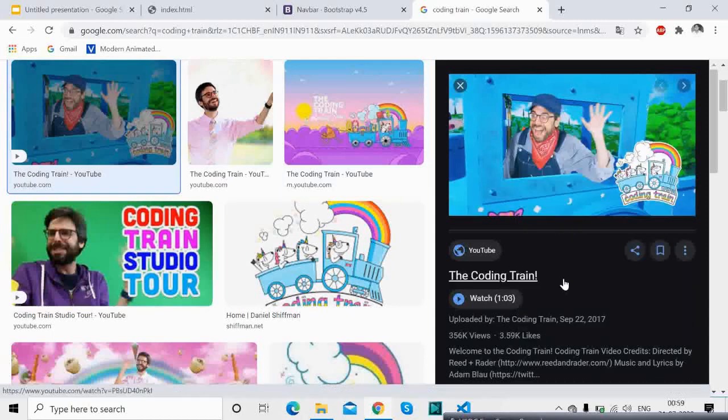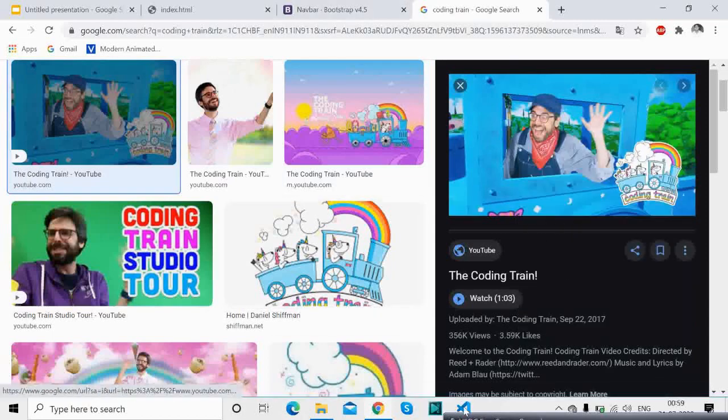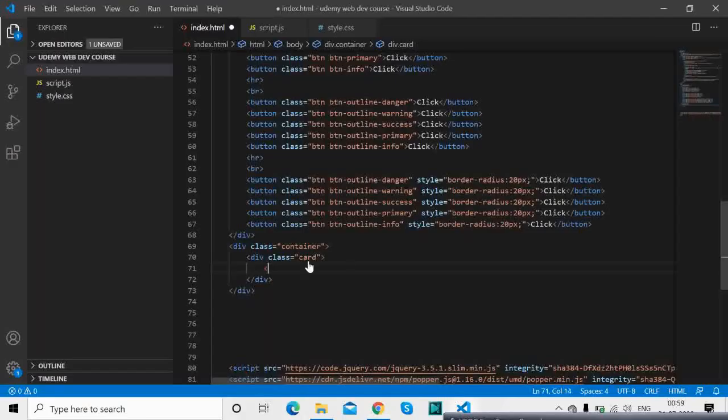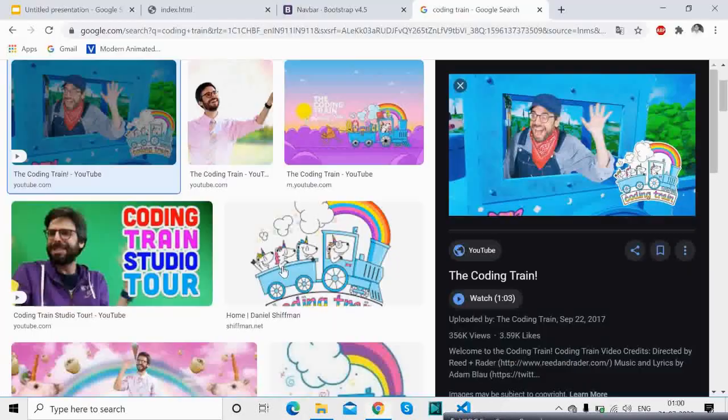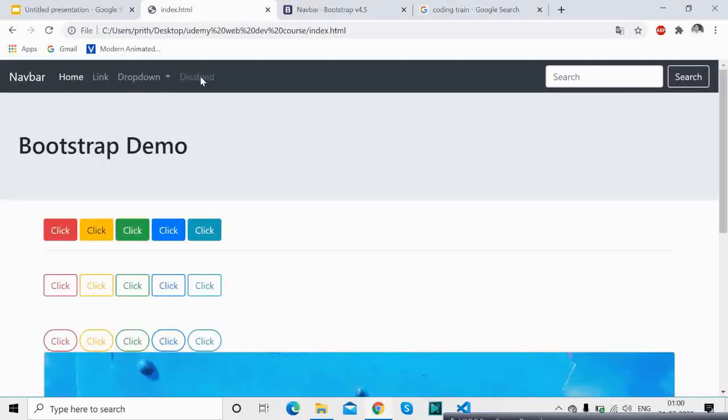Okay, so we'll copy this image address and we'll be placing over here in the image tag. Okay, this is a tag which is used to display image. Now there is a class which is out of the box for Bootstrap, and you give card image top, and there you go. You have this card over here.